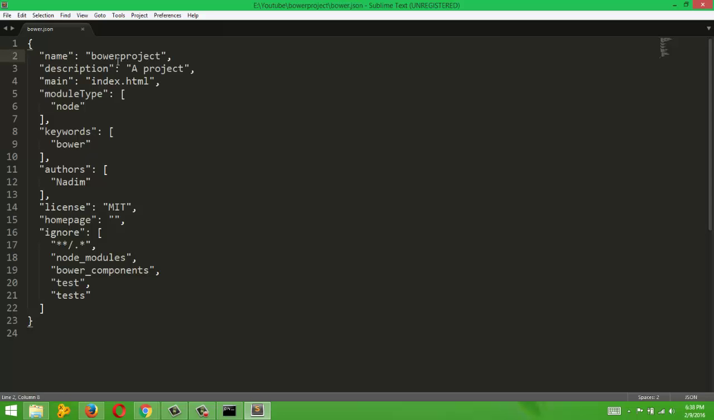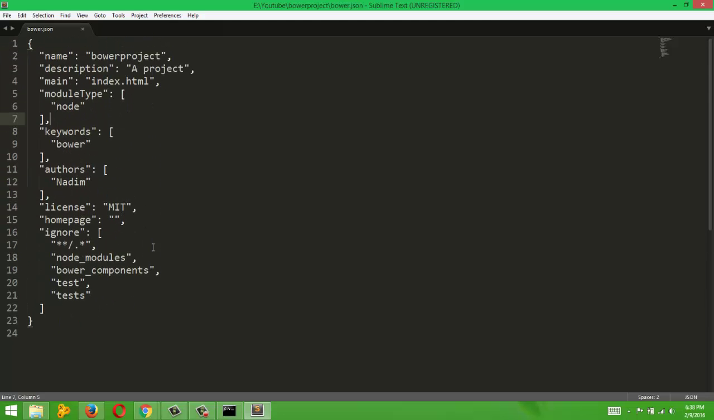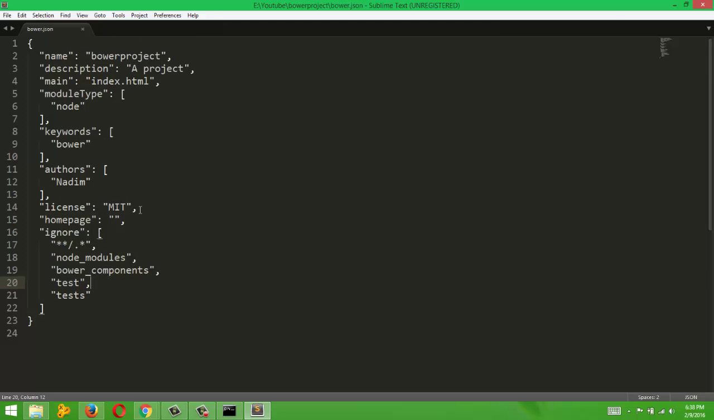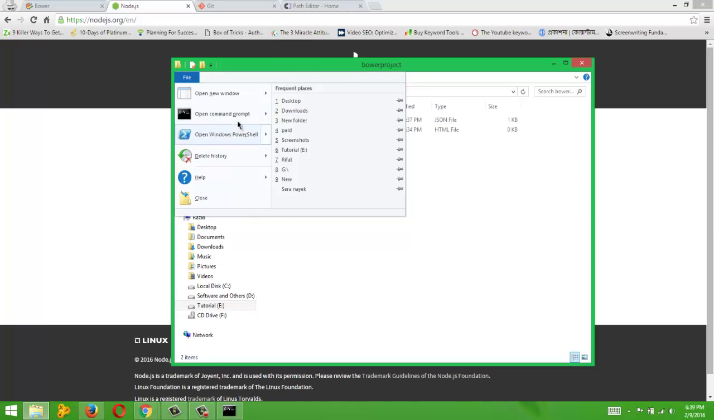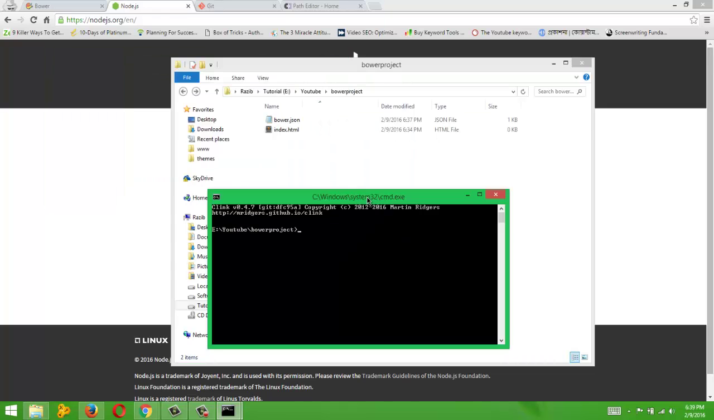So JSON file name, description, module type, and here is our bower components, ignored by git. Okay, now we can track our bower project by typing, okay, let's install bootstrap again, like bower install